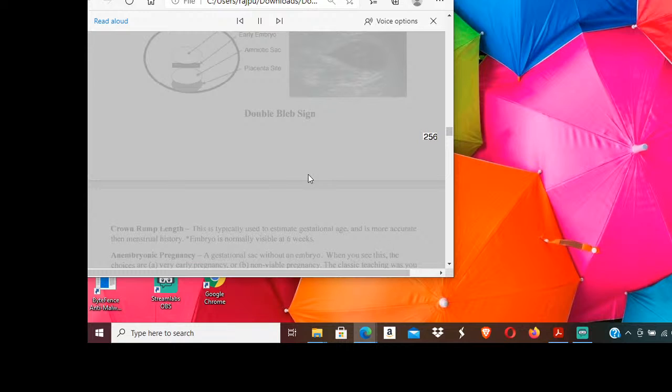256. Crown rump length. This is typically used to estimate gestational age, and is more accurate than menstrual history. Asterisk: the embryo is normally visible at 6 weeks. An anembryonic pregnancy is a gestational sac without an embryo. When you see this, the choices are A, very early pregnancy, or